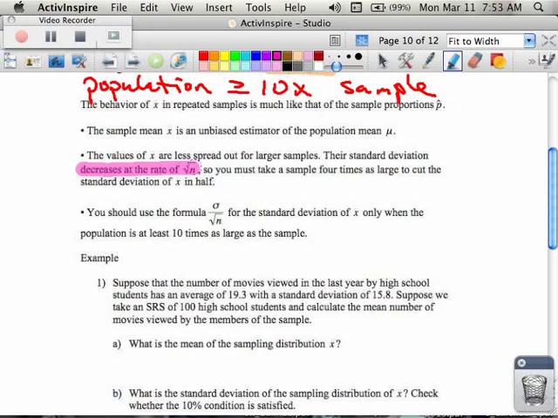And you're dividing by the square root of n. You can see that formula down below here. That's how the standard deviation changes. So you divide by the square root of n. If the sample is 9 times as large, then your standard deviation is 1/3 as it was before. So for example,